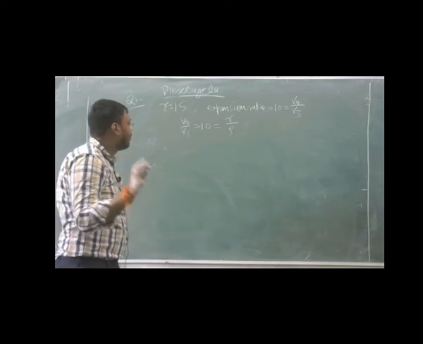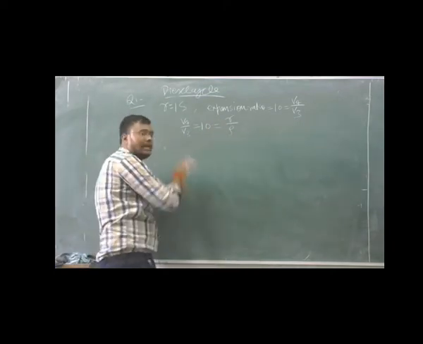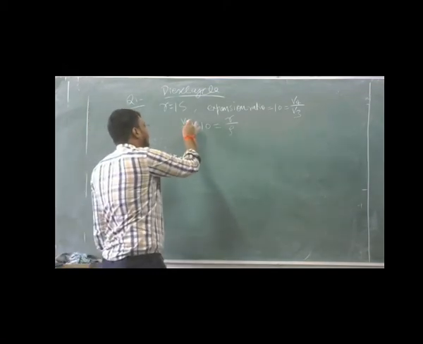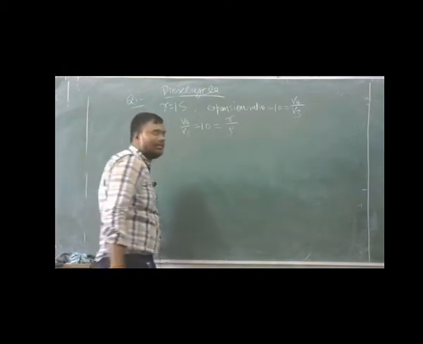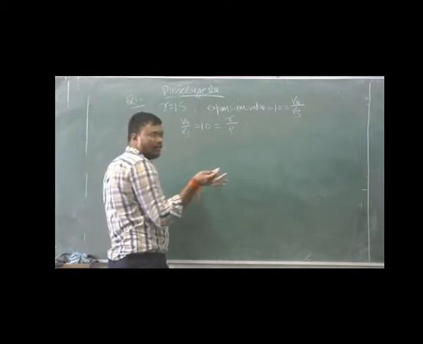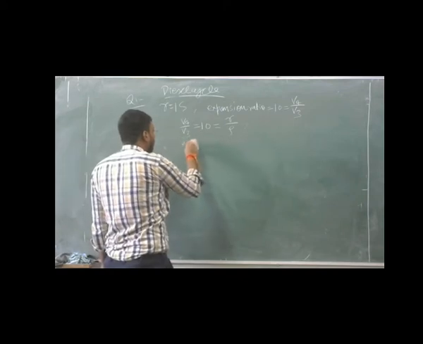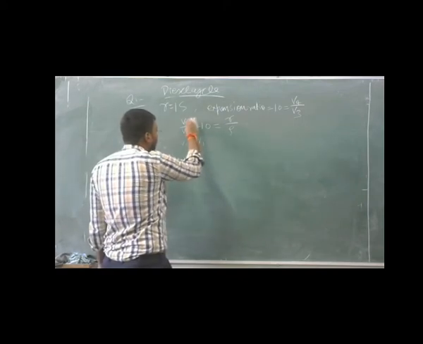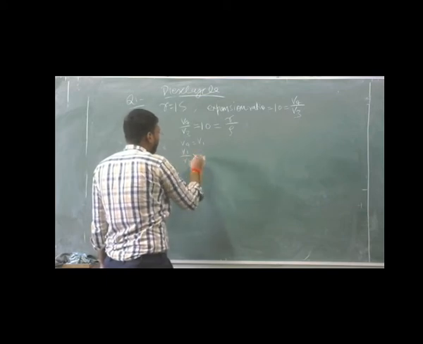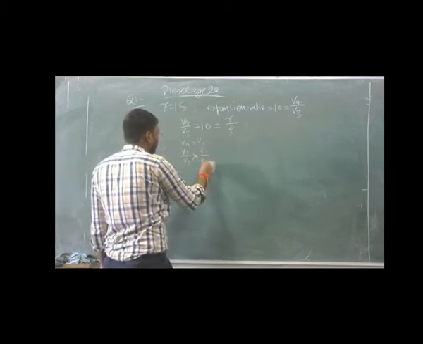If you have forgotten this value, then you can easily calculate it also. If you don't know that V4 by V3 is equal to r by rho, then you can easily calculate this value. We know that V4 is equal to V1. Put here in place of V4, V1, V1 by V3. Multiply by V2, divide by V2.